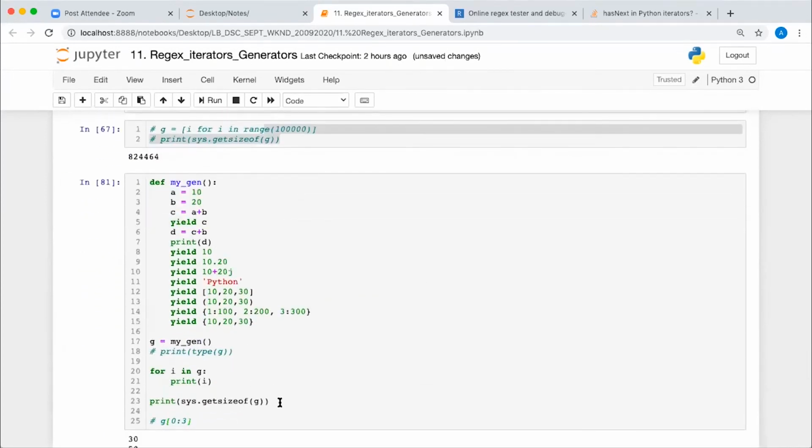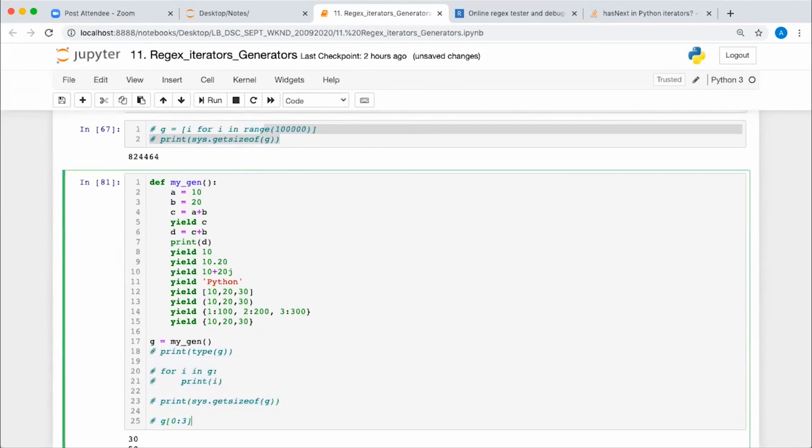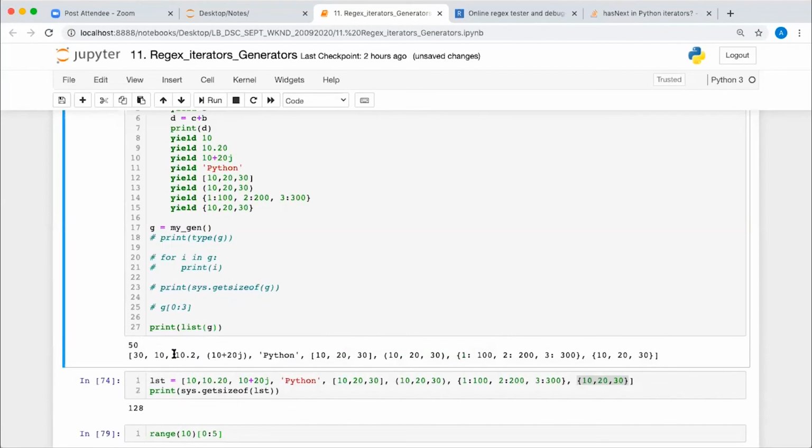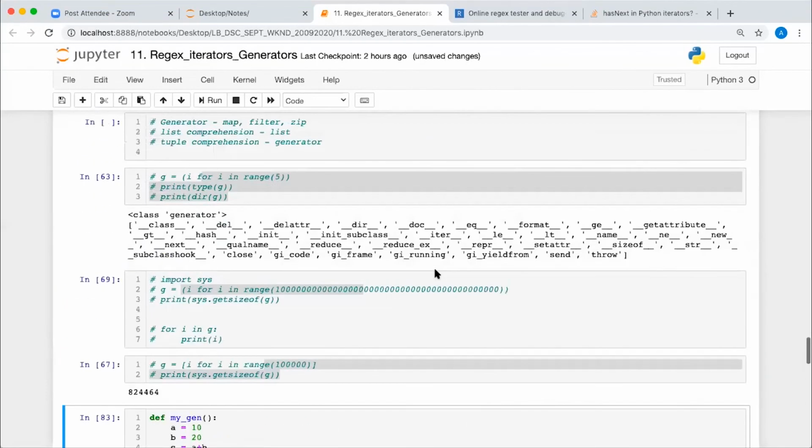If you comment this code and write here print list of G, this is also going to give you these values. So either you can run the loop or you can apply the list function on the generator object. Same thing happens with filter, map, and reduce.